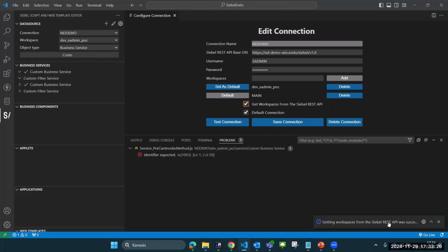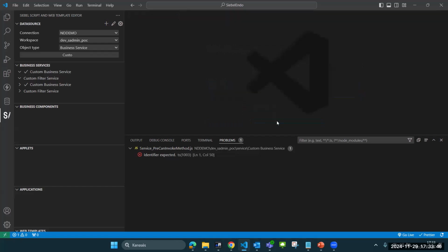the Siebel does not have a native workspaces API. So for this to work, you need to use a custom integration object, which lets you query workspaces from the REST API. This integration object can be found in the repository of the extension. It can be imported into Siebel. And after that, you can use this feature. I just clicked on it, saved the connection, and I will get the